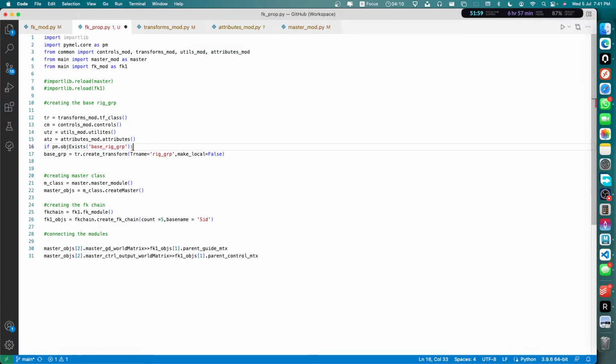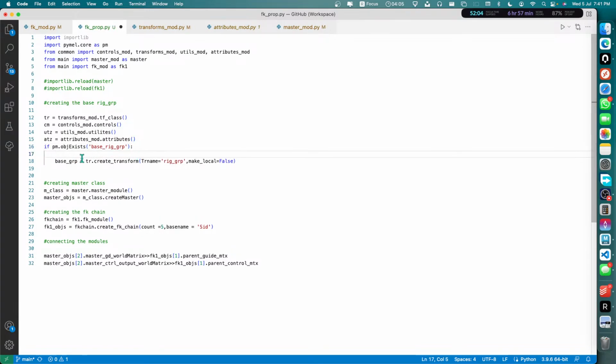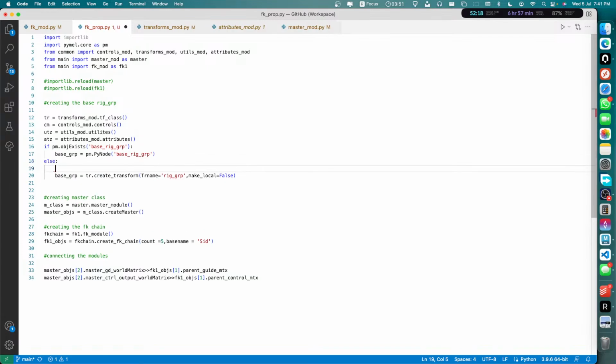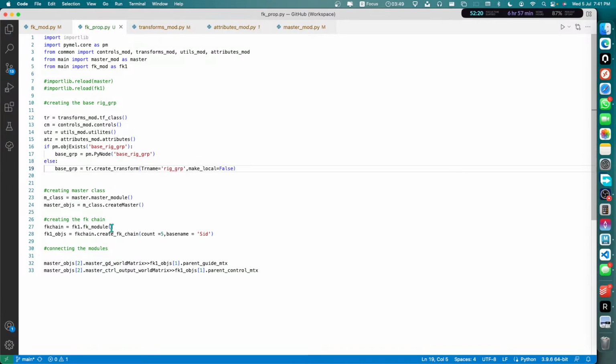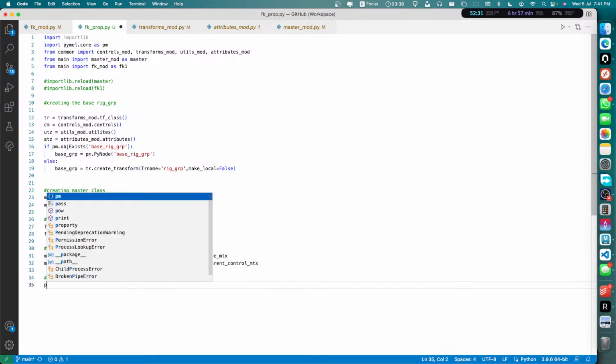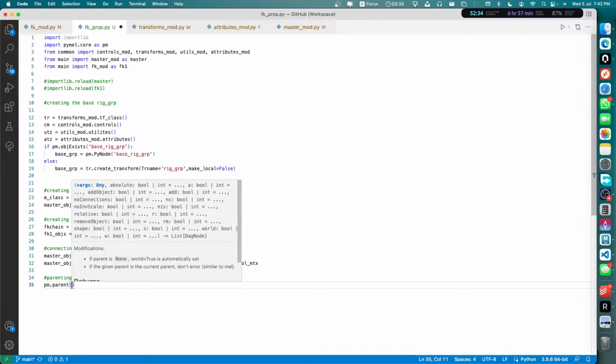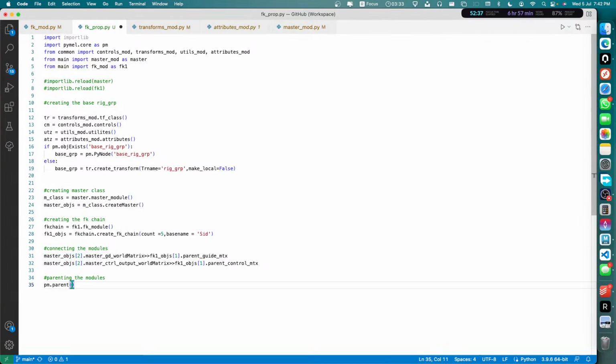Basic group, then it is equal to pm.PyNode basic group, else create the basic group. And after all this is connecting the modules, then parenting the modules, pm.parent, let's parent our master obj